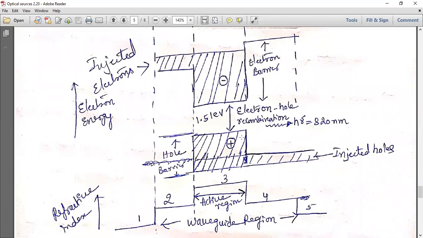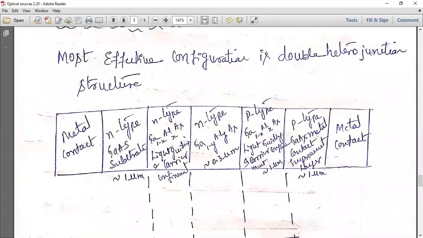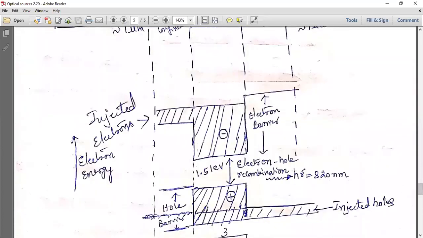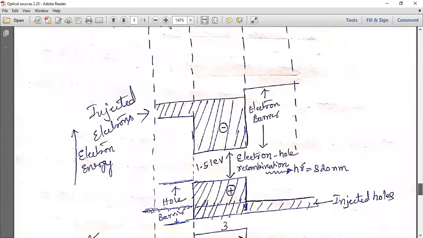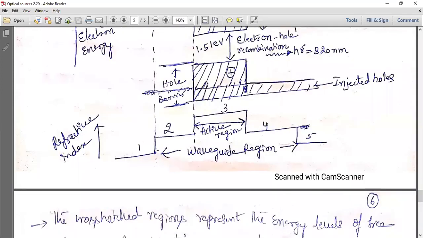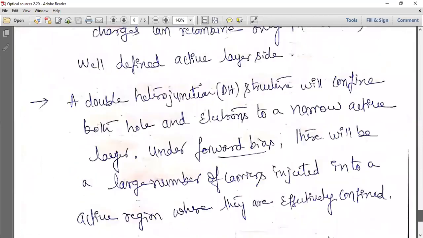Normally they ask in the exam, what is the relation between the refractive index and the band gap? Along with the double heterostructure, they'll ask you to write these diagrams. You have to write this diagram, explain whatever I explained, and explain this particular energy band diagram as well. There will be 2 marks for this. Explain that wherever the band gap is less, the refractive index will be more, and wherever the band gap is more, the refractive index will be less. Whatever I explained is presented in terms of sentences.